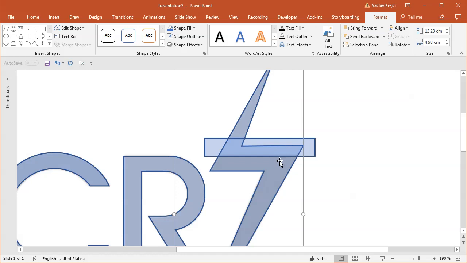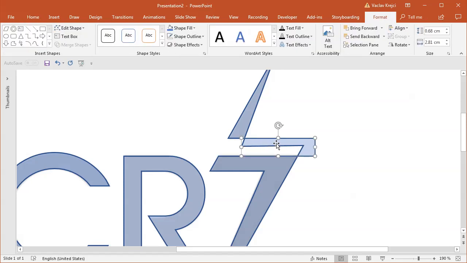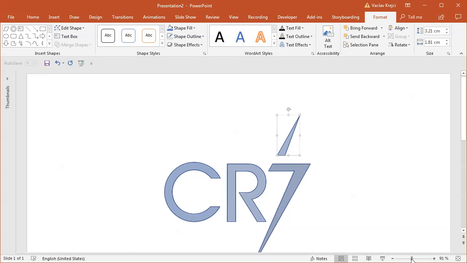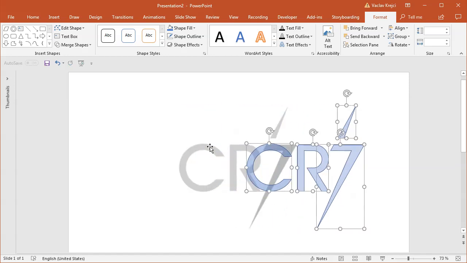Actually, I will not subtract this shape. I will select both shapes and I will select merge shapes fragment. And again, the reason for this is we will get a lot of extra shapes, but now those two shapes are separate, and that's kind of needed because we need the different colors for those two shapes. So I will select all my shapes, move them to the right side, move the original logo